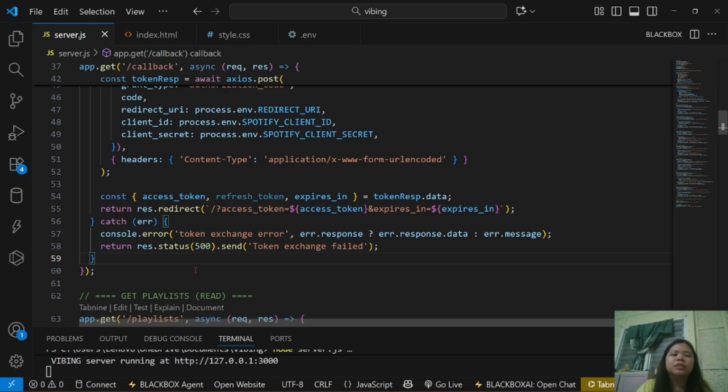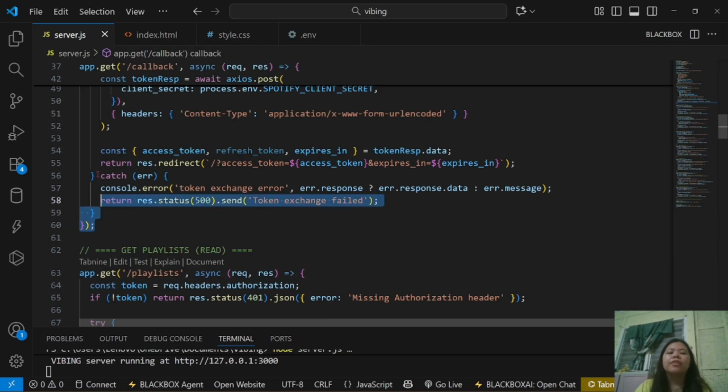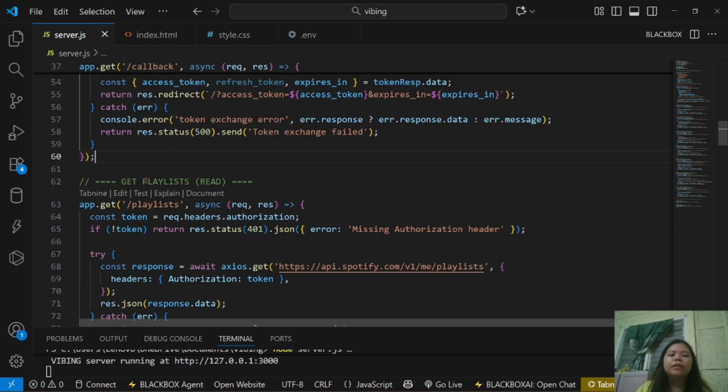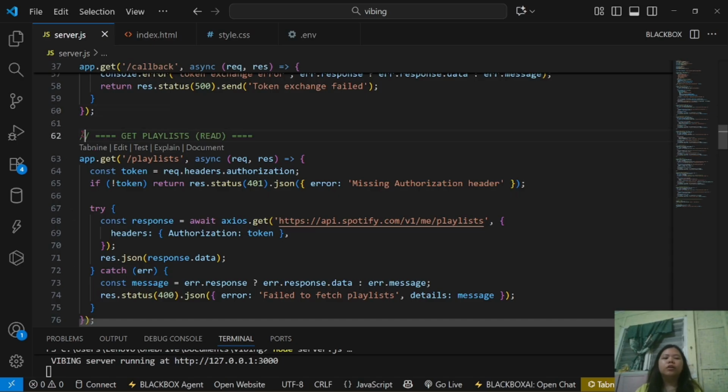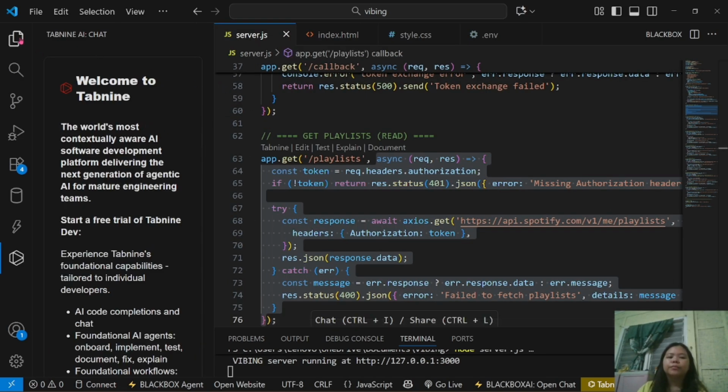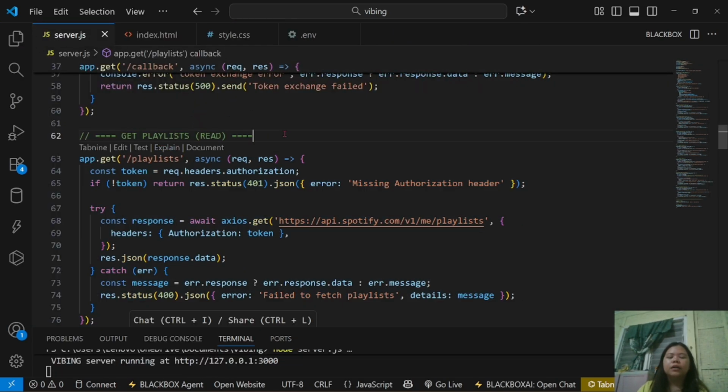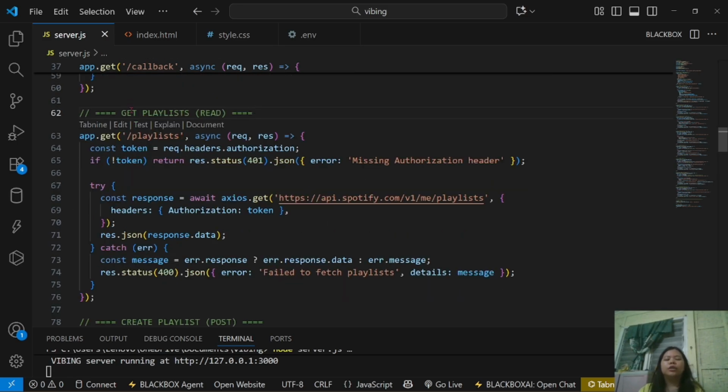So this is the block of code that redirects us to the dashboard along with the access token in its URL. This is the first block of code that implements the first feature,